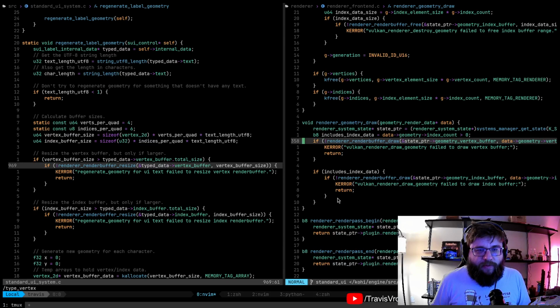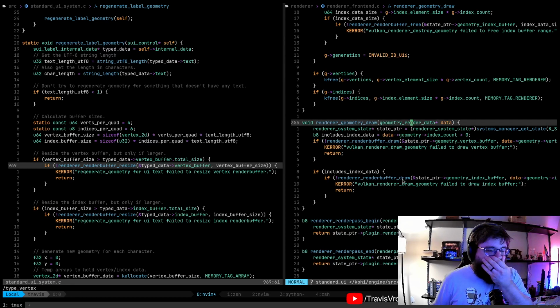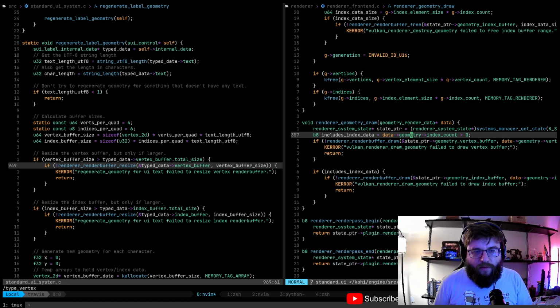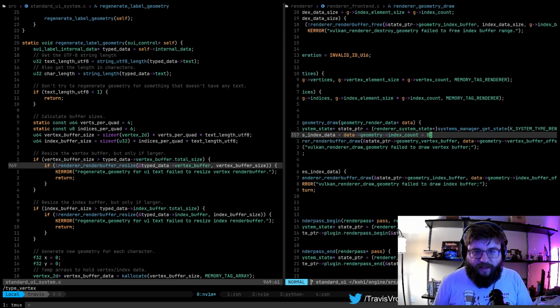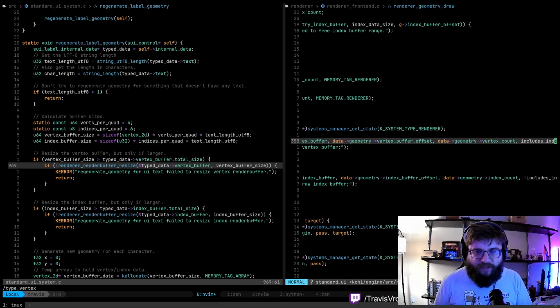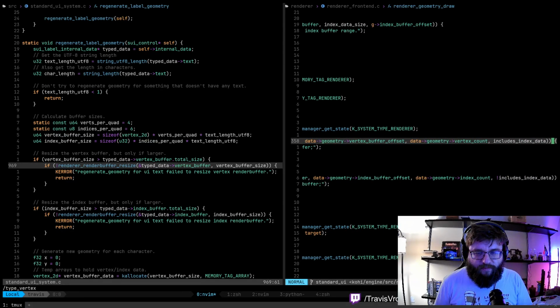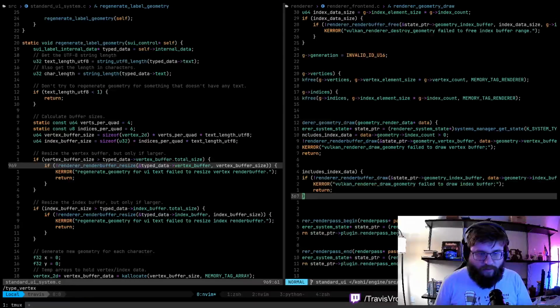So I guess all we would really need to do is create one of these geometry render datas, set an index count, set the vertex buffer offset and the vertex count, set the index buffer offset and the index count, and that's actually all we need.